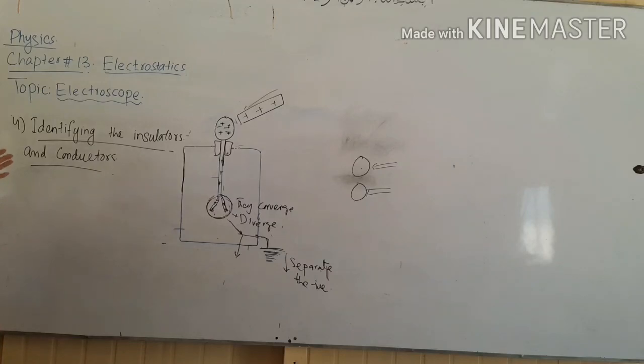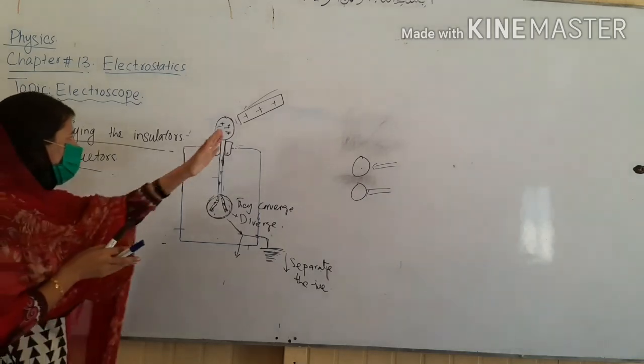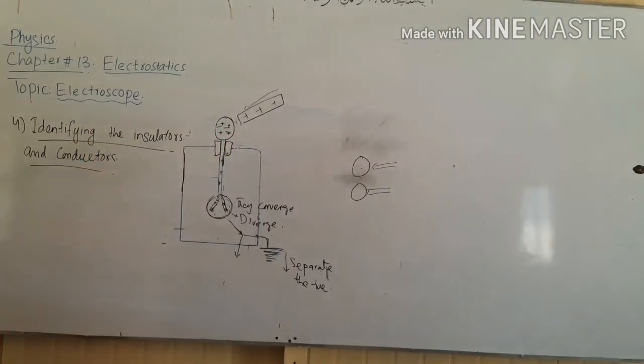So that's how you can identify whether the body near the electroscope is a conductor or insulator. These are the four applications, and along with the four applications we have discussed the definition of the electroscope, then construction of the electroscope,